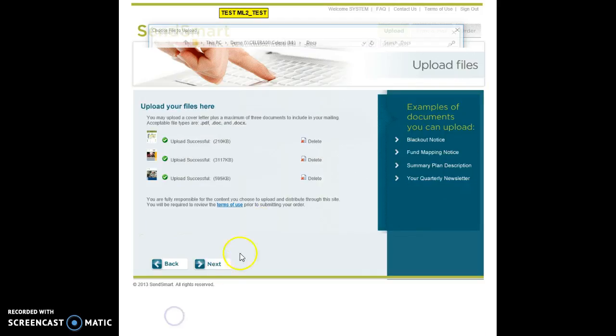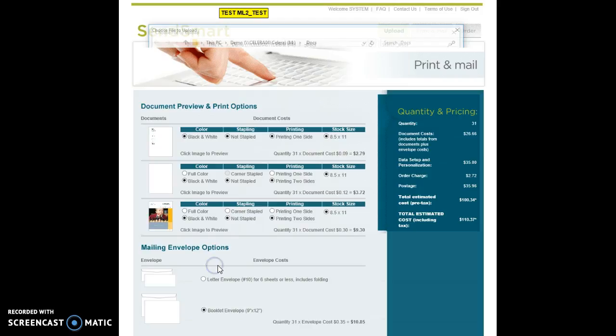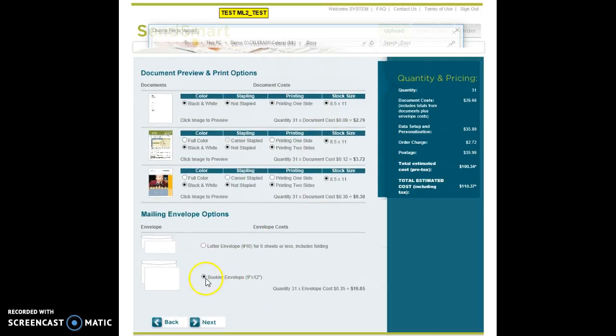I'm going to back out and let's just say I thought the cost was a little higher than I wanted it to be and I wanted to reduce the cost a little. I might remove one of the pieces, which reduces the cost a little, and by moving from the booklet envelope to the letter envelope, that reduces the cost even a little more. So I've decided to send out the 2 brochures and the cover letter to the 31 addresses in the letter